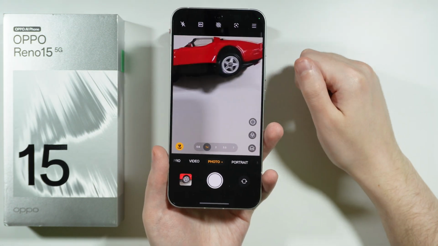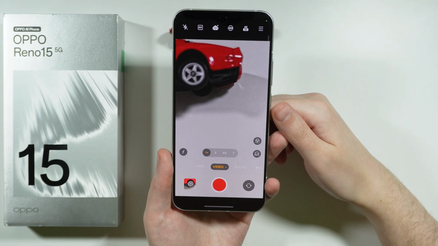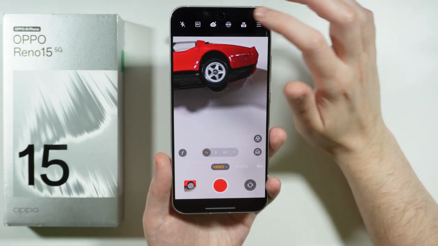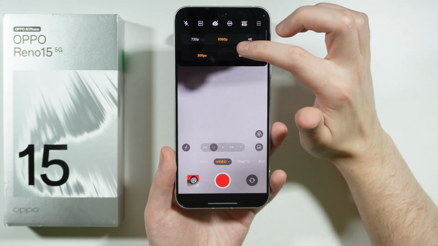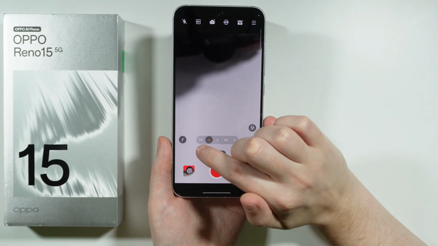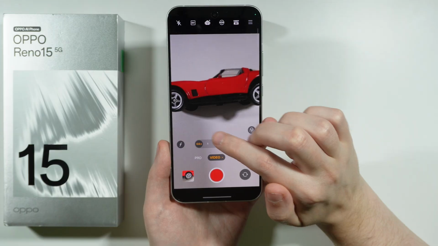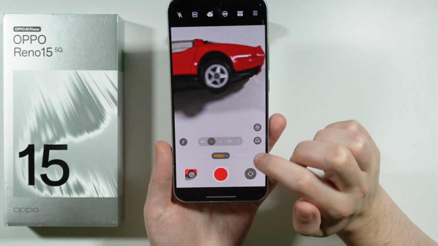Let's check out if we can switch lenses while recording a video on OPPO Reno 15. So in order to check that, all we're gonna do is use a resolution and frame rate that allows us to use different lenses. For example, over here we have this 0.6x, which is the ultra wide angle, and let's start recording a